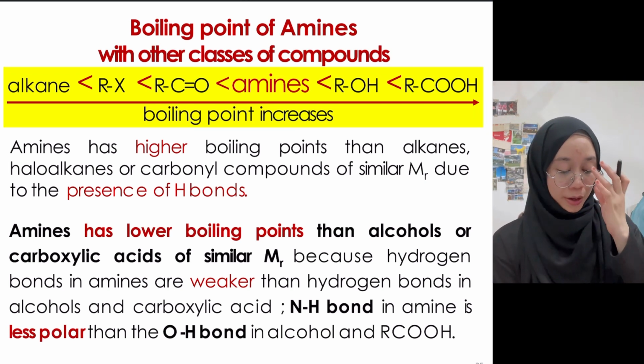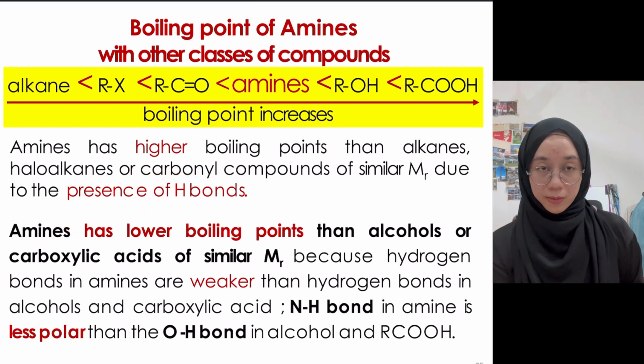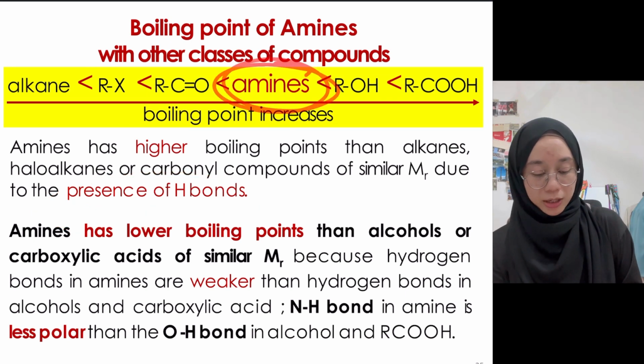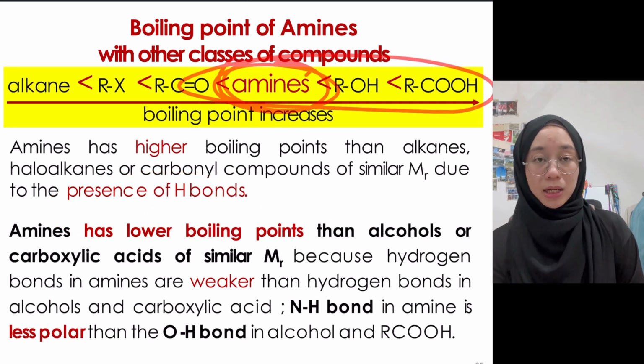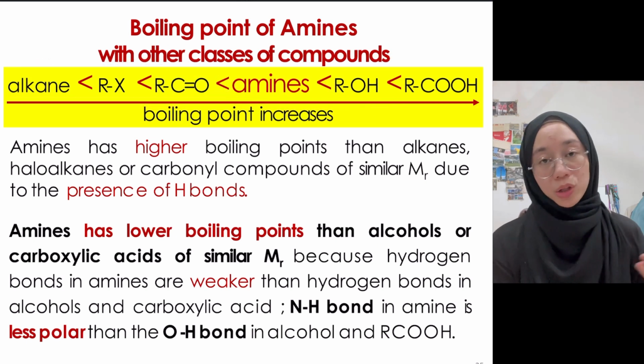Okay, so amine has a higher boiling point than the alkanes, haloalkanes and carbonyl compound of similar molecular weight due to the presence of hydrogen bond. Macam saya cakap tadi, amine ni ada hydrogen bond. Yang daripada amine sampailah carboxylic acid ni ada hydrogen bond. So dia lagi kuat daripada yang 3 kat bawah ni, sebab 3 kat bawah tu tak boleh nak form hydrogen